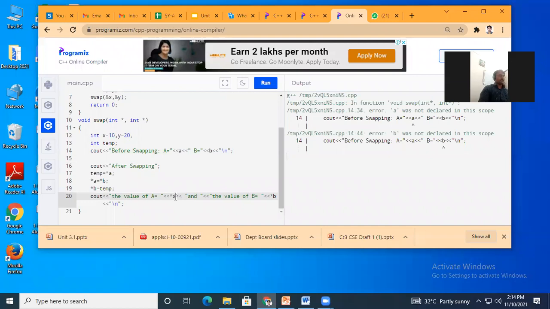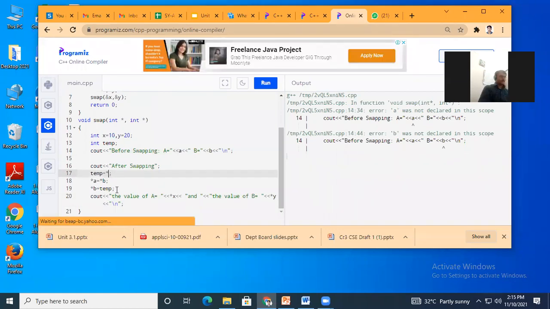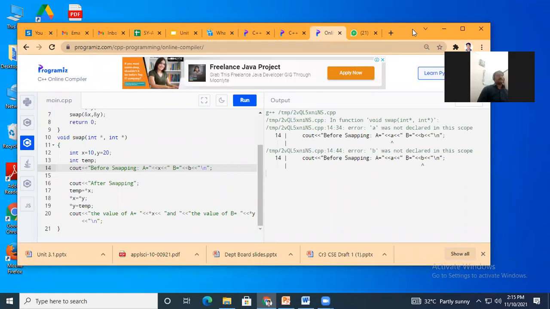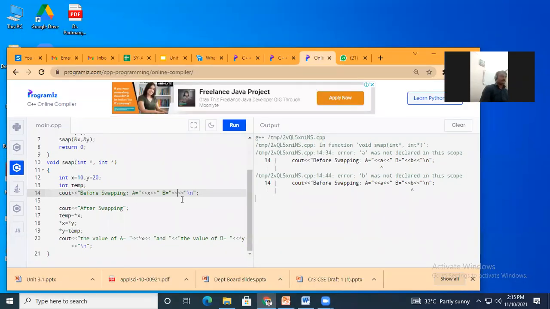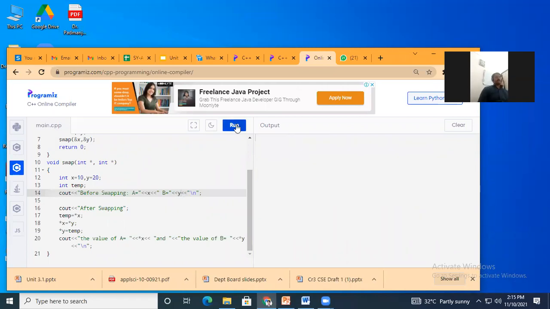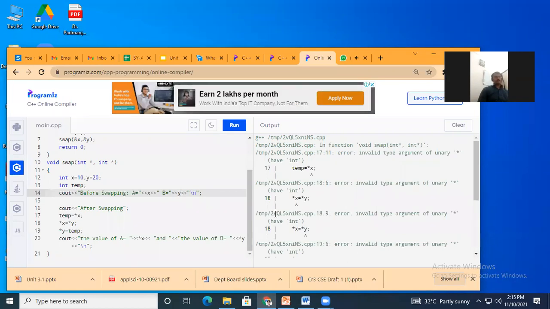Oh, I used X. Here Y. X, Y. Memory arguments, void swap.